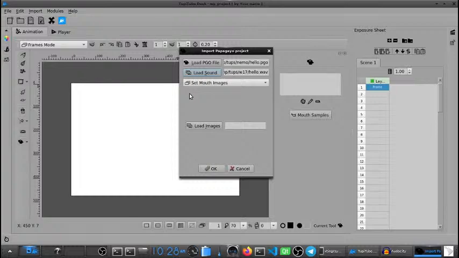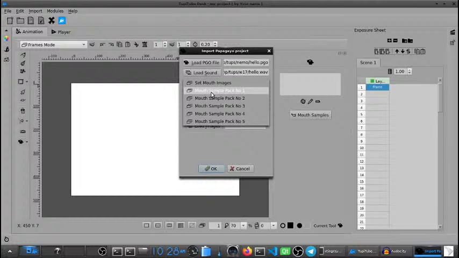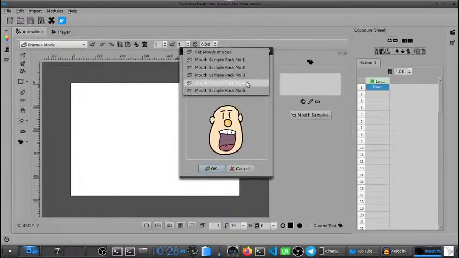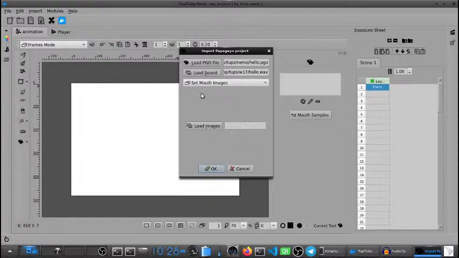Okay, we have two options right here. We can use any pack from the examples we are providing in case you want to use them, or you can load a set of mouths created by yourself.